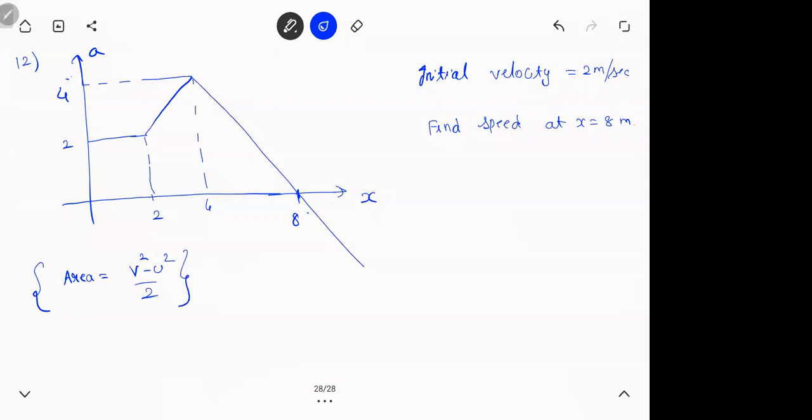Now, I'll just tell you one thing. Listen. Suppose by chance, if you assume it is AT graph and solve here, in an AT graph, what is area? Change in velocity. Remember? So it will be v minus u. So you'll get a totally different answer. And in the worst case, that option will be there. And you'll take it happily and come jumping. +5 or +4, and you'll get a -1. And you lose 5 marks there.